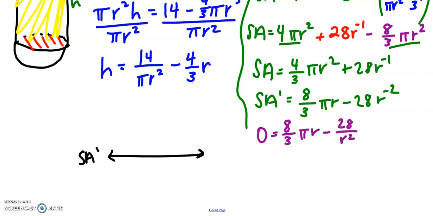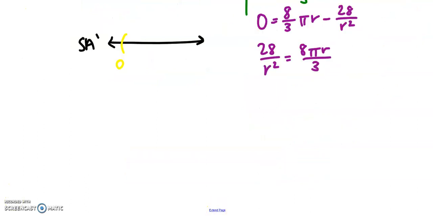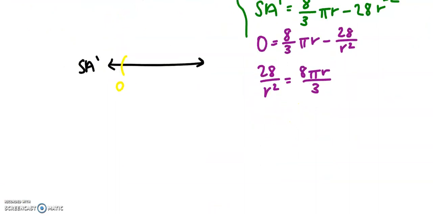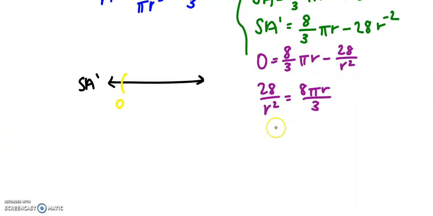Surface area prime. Remember, you could do a second derivative test for extrema here, but the second derivative of this is going to be a little bit messier even. All right, so to solve this, I'm going to add the 28 over r squared to the other side. This is going to be 8 pi r over 3. A little cross multiplying and solving, right? I end up with r equals